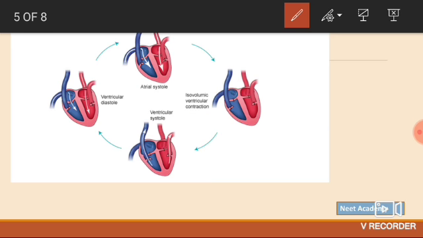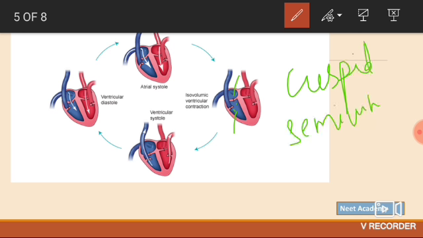When we see the right side of the heart, these two valves, this one and this one, are the two valves which are closed during isovolumetric contraction, because if any of the valves opens, there will be a change in the volume of blood in the right ventricle. So what we want is there should be no change in volume. So the cuspid valves as well as the semilunar valves are both closed at this time. These are closed during